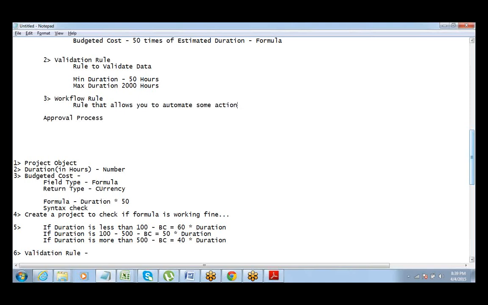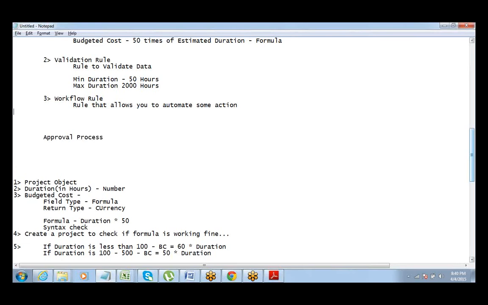A workflow rule is used for automating actions, right? So it's not like the validation rule. Validation rule will just validate the data, but in case you want to send an automated email, that is something which can be done using the workflow rule. Okay, so workflow rule, as the name suggests, it's a rule that initiates a workflow or initiates an action.